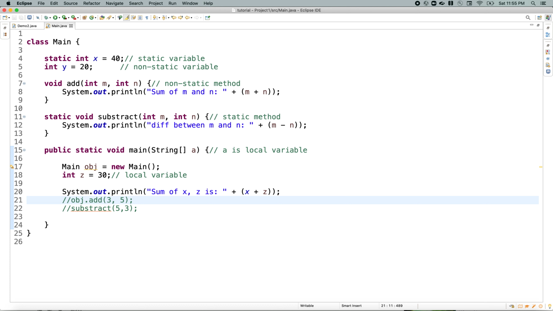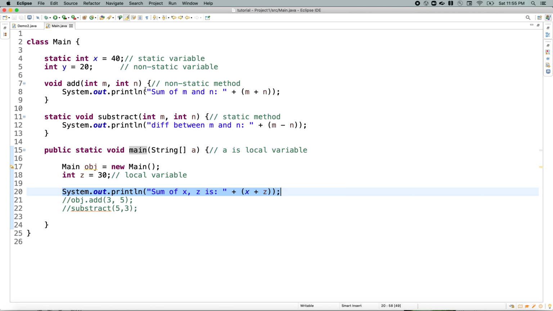I just want to execute the main method, so this should print the sum of x and z, and we'll see what happens when we compile and run the program.